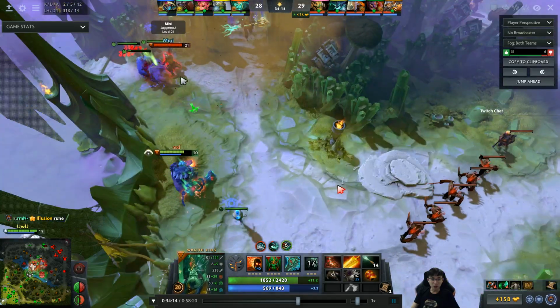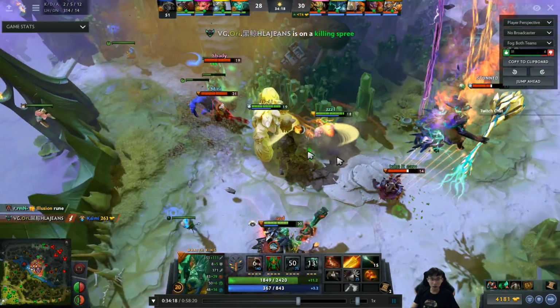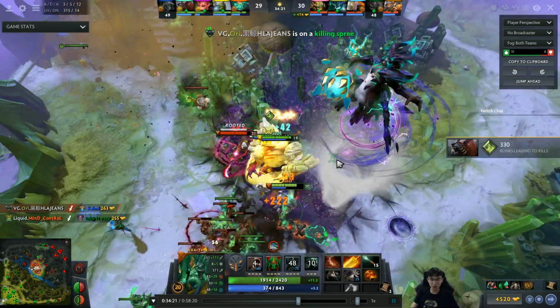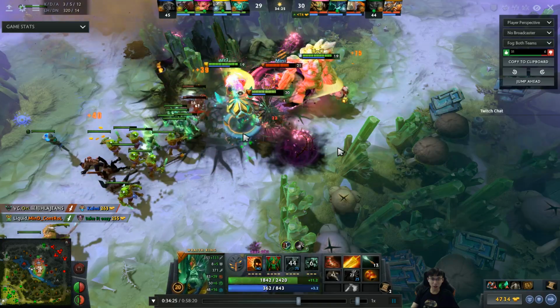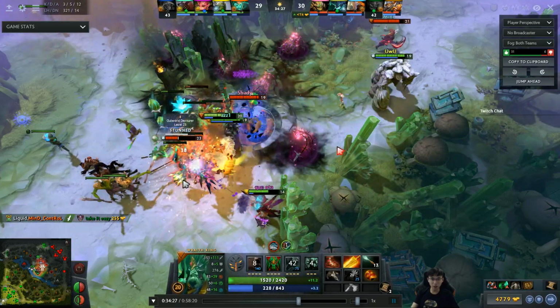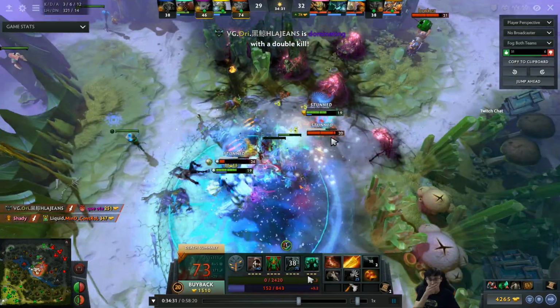Orgo's probably gonna die. Tiny goes in with the BKB, Ursa BKBs as well. They're gonna burst down the Lion. OD is next. He activates the blackmail so that he can prevent the blink out. And with a well placed stun, they oh